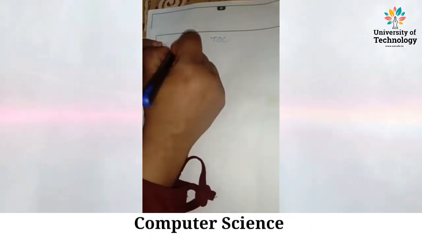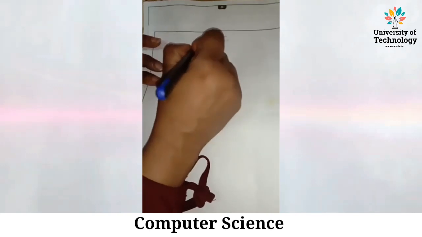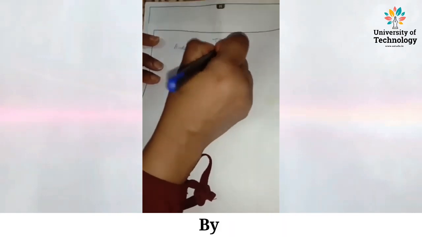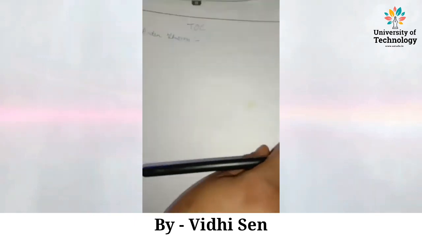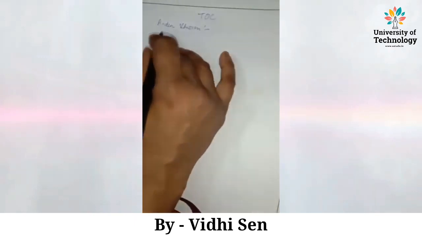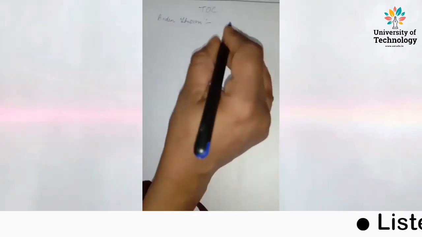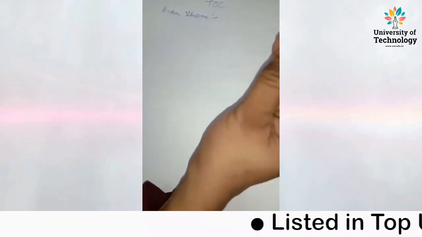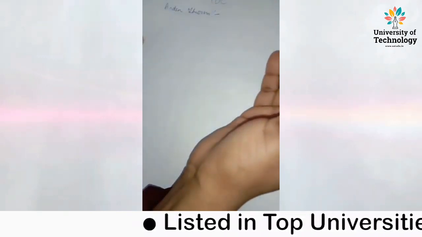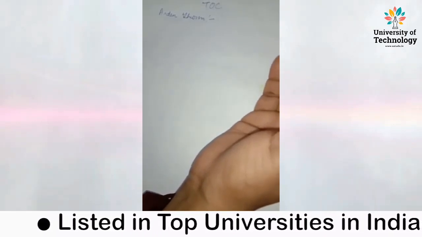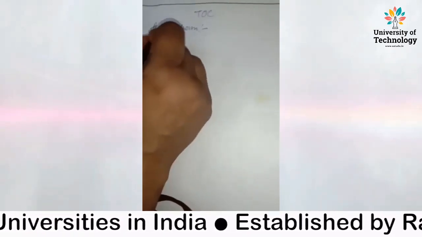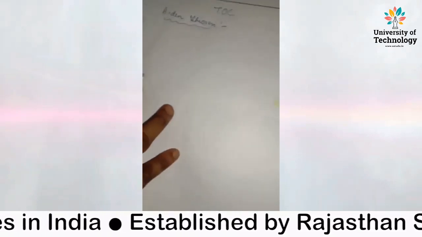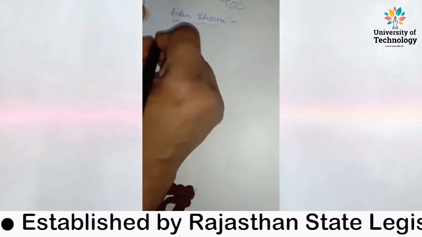What is Arden's theorem? See, the maximum number of questions, or maximum marks, that come from Arden's theorem based questions is generally 5 marks or 10 marks questions. So some finite automaton must be given to you, and you have to convert it into a regular expression using Arden's theorem. So let's first prove what Arden's theorem is all about, right? So what is Arden's theorem?